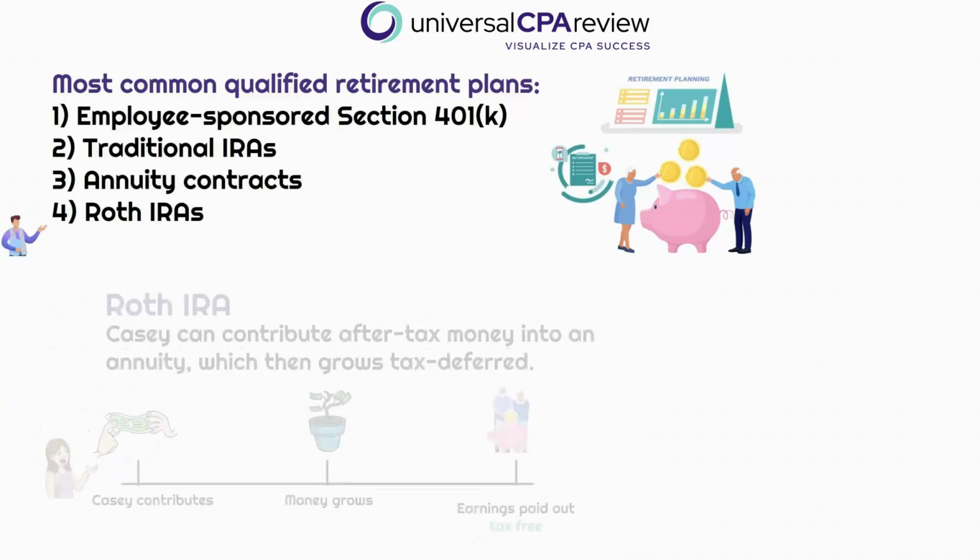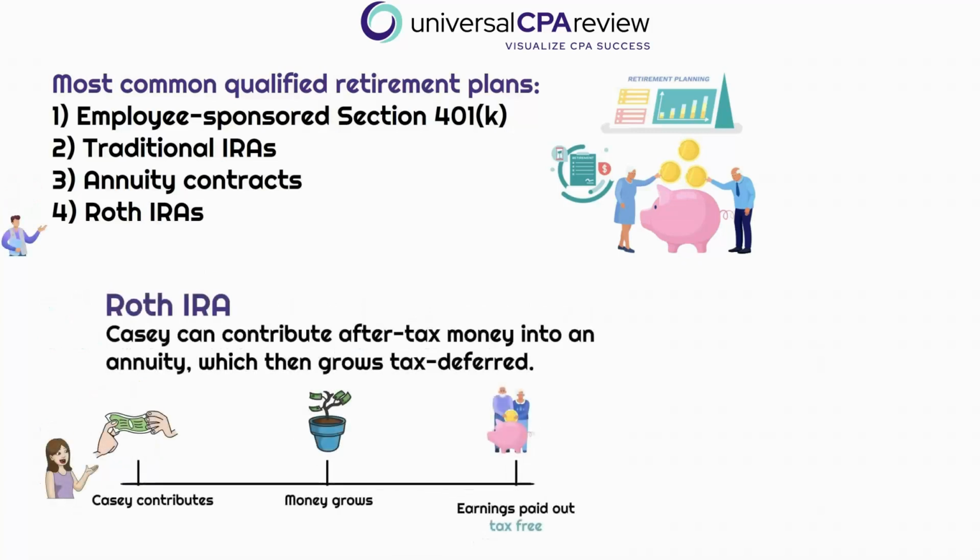So lastly, Roth IRAs offer a different tax advantage. All right, this is my personal favorite. Unlike a traditional IRA, Casey's contributions to a Roth IRA are made with after-tax dollars, meaning she doesn't get a tax deduction up front. However, this is where the magic happens. When she starts withdrawing funds in her retirement, those distributions are completely tax-free, provided certain conditions are met. This is particularly advantageous if Casey expects to be in a higher tax bracket in the future.